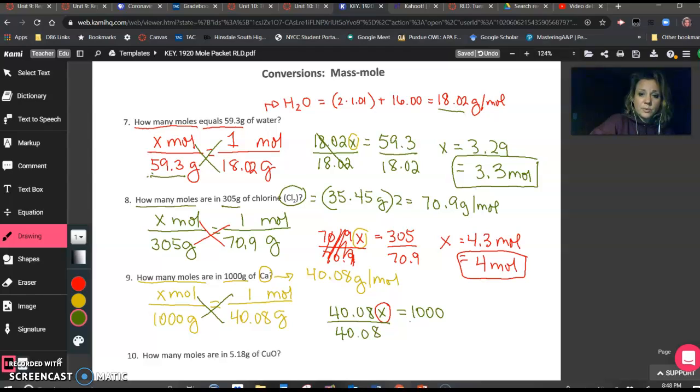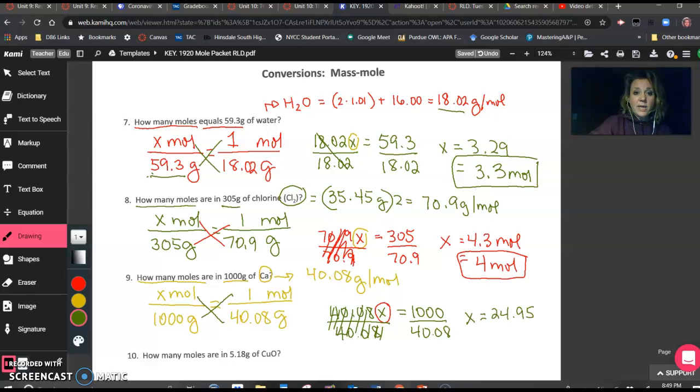So I'm going to divide both sides by 40.08. So the 40.08 next to my x, those are going to cancel. And now in order to solve for x, I have to punch into my calculator 1,000 divided by 40.08, and then I'm going to hit my equal sign, and what I get is